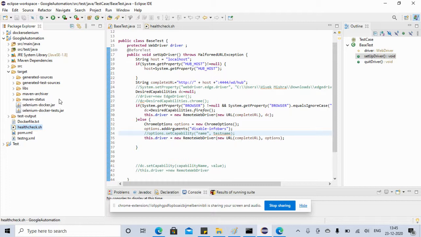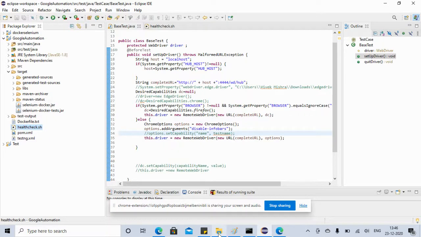One container was for our Selenium Docker project, and one container was for the Selenium hub, where we have the hub and Chrome browser and Firefox. Since we used two containers, we had to use the network so that they would be able to communicate with each other. But now let's see how we can achieve this using one container. What we have to do is do everything in one Docker Compose file, right? So let's start doing that.